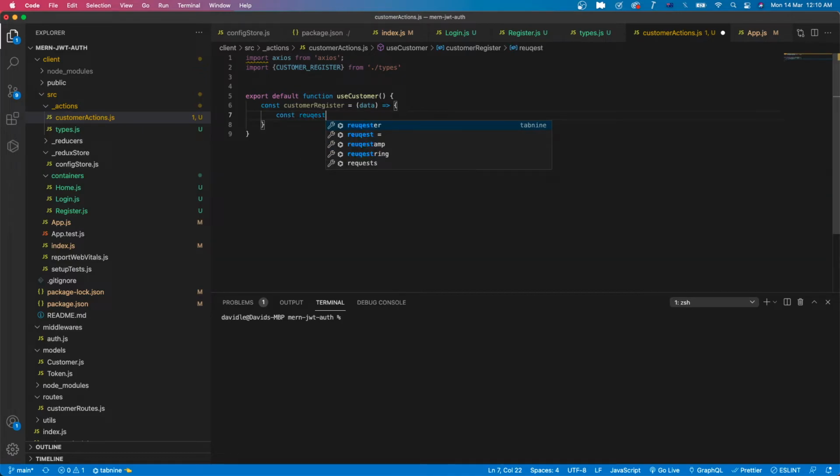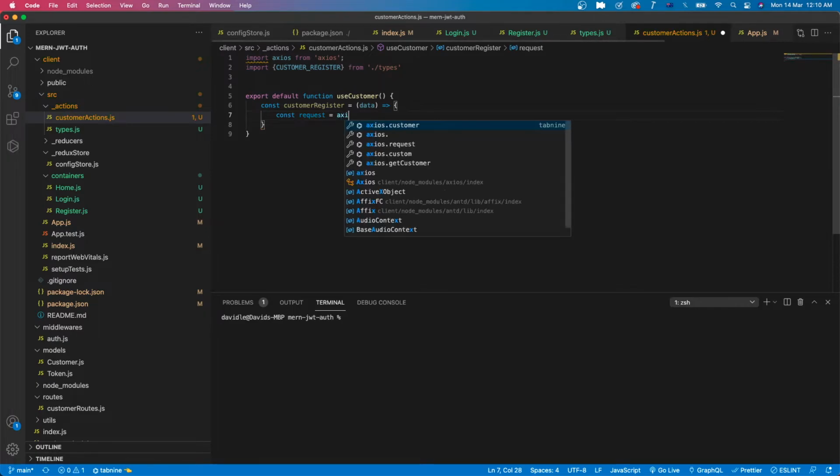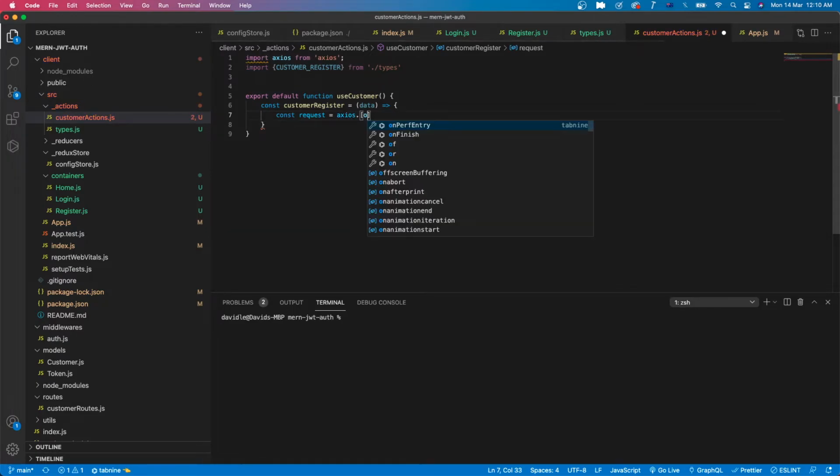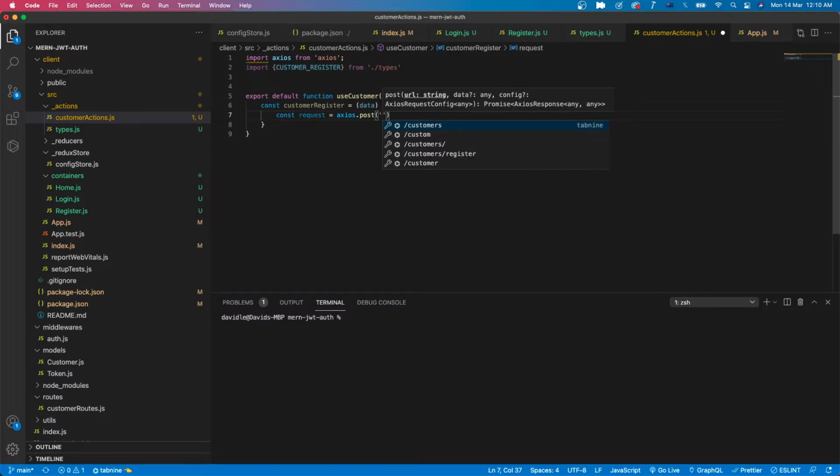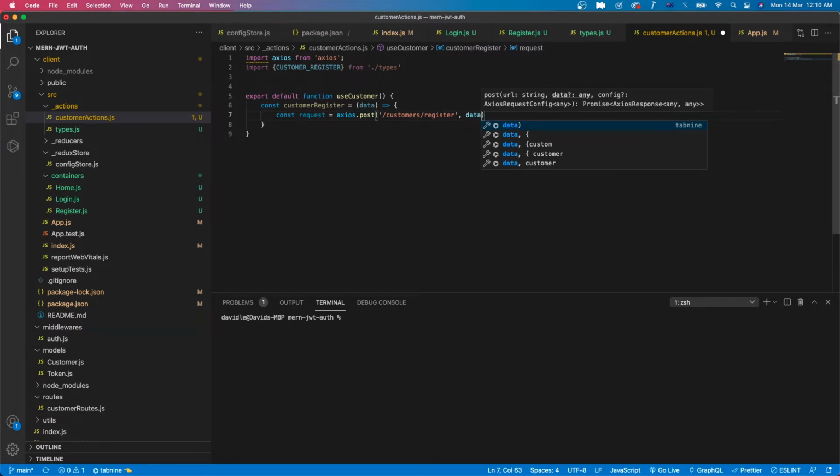Const request equals ACRs post customer register, receive the body,